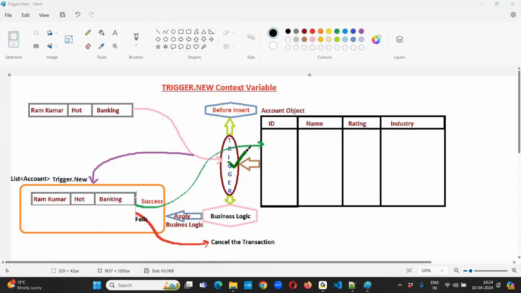It will check that record's values. It will verify whether the record contains a rating value and an industry value or not. If the record contains both values, it will accept the record, or else it will show the error message. Okay, fine. Suppose I'm inserting two records inside my object,